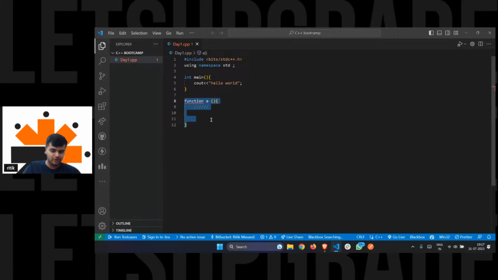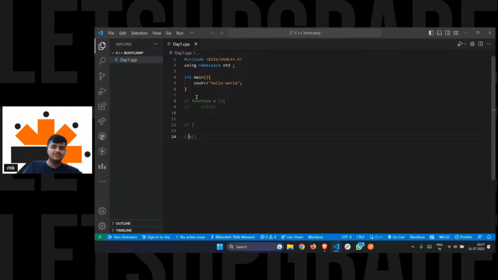I'm not going into depth of that, but this function will not be executed until and unless you invoke it. This is how a function is invoked, for those of you who do not know. What do I mean by invoke? I'll let you know, but for now,